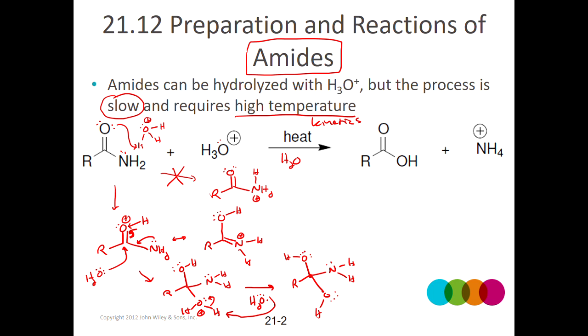So the next step is what's really hindering this reaction overall from going forward. And what would need to happen next to push out the nitrogen as a leaving group is it would have to be protonated. It can't just leave because that would create a negative charge on a nitrogen, which is really quite unstable. Especially under acidic conditions, there's lots of protons around, so it's more likely something will pick up a proton than it would be to just pull electrons away. And that goes for both the nitrogen and the oxygen here. But the issue is, if you have extra H3O plus, which you do because it's a catalyst and it's going to be regenerated,